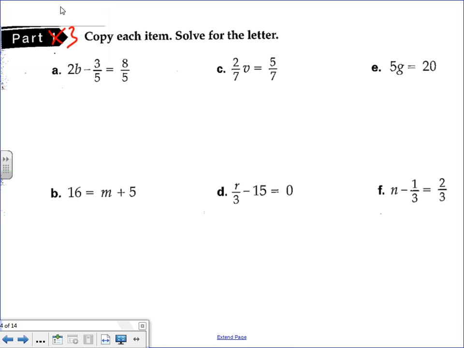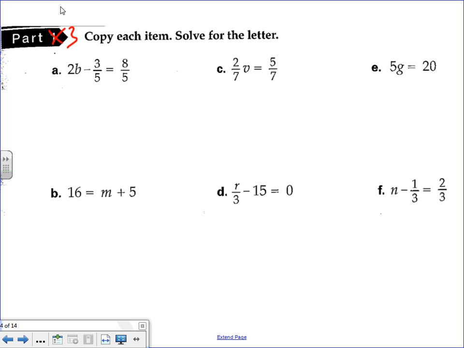All right, this is part 3, the review for part 3 of Mastery Test 3. Part 3 will be solving two-step problems. These are algebra problems where we have to do two steps in order to solve them. So looking at A,